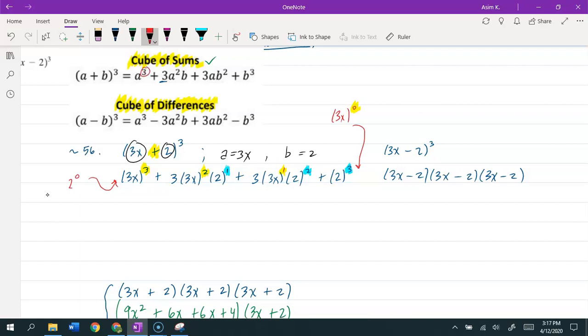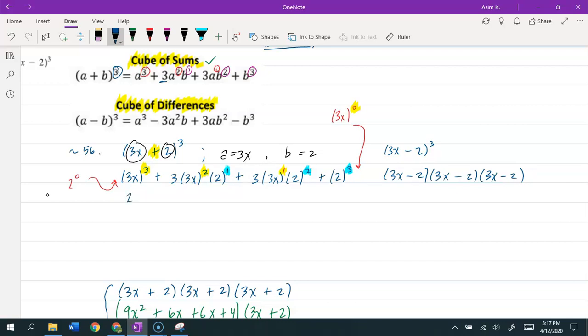You go a cubed, a squared, and then a to the power of 1, while at the same time you're going b to the power of 0, b to the power of 1, b to the power of 2, b to the power of 3, like that, right? So one of them is going up, the other one's coming back down. And you always start off with the number 3 in this situation. So that's just a way to help you memorize the formula, but let's go ahead and finish up with this